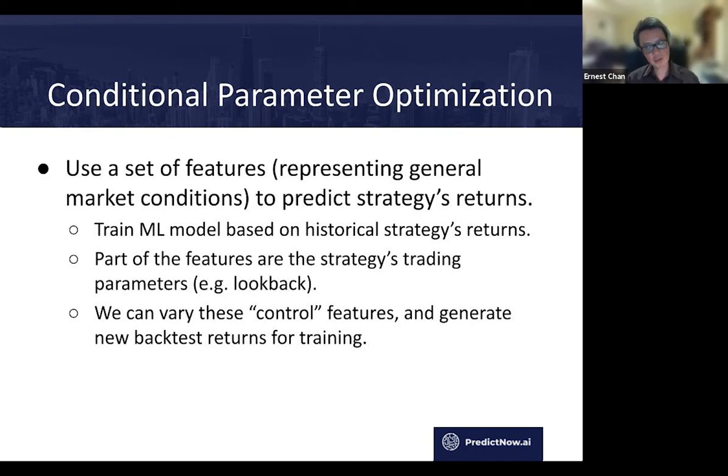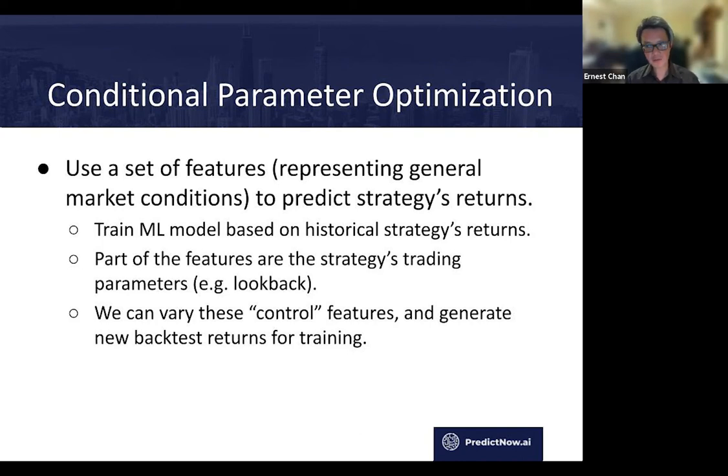After that, train a machine learning model based on your historical strategy returns and this big data, trying to predict their return. Okay, so you are trying to predict your strategy return. You're not trying to predict the market's return. So you are trying to mimic your strategy as much as possible using this sort of big data. Okay, and